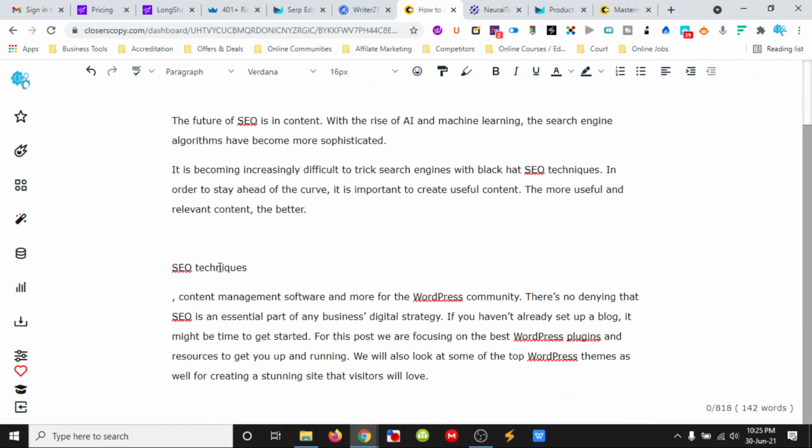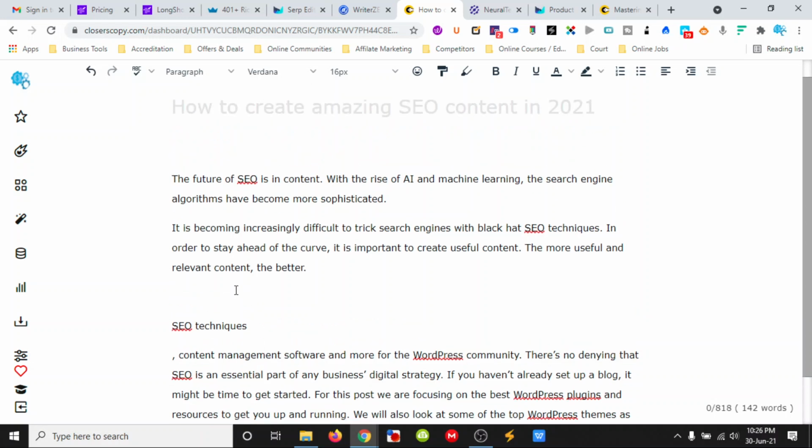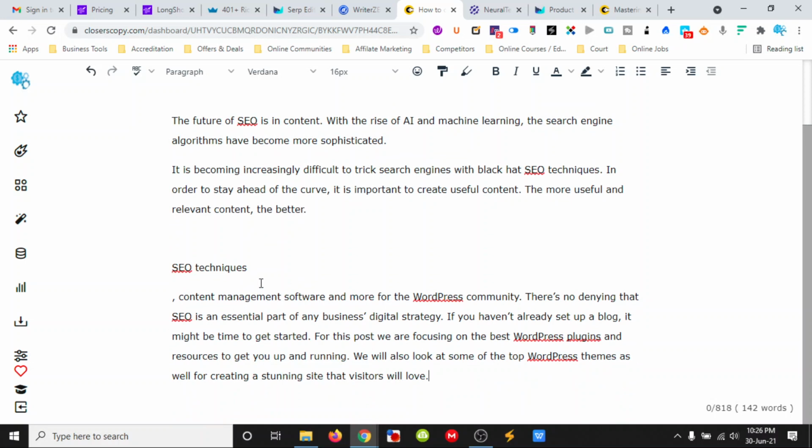Right, and so from SEO techniques, it's got content management software and more for the WordPress community. There's no denying that SEO is an essential part of any business digital strategy. If you haven't already set up a blog, it might be time you get started. For this post, we are focusing on the best WordPress plugins and resources to get you up and running. We'll also look at some of the top WordPress themes, as well as creating a stunning site that visitors will love. All right, so that kind of went off,